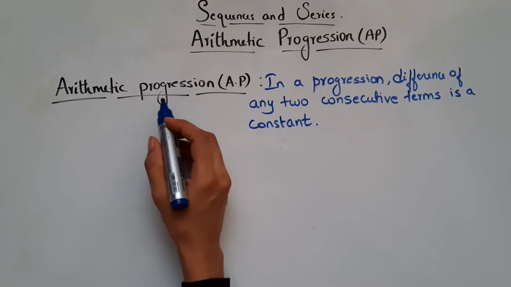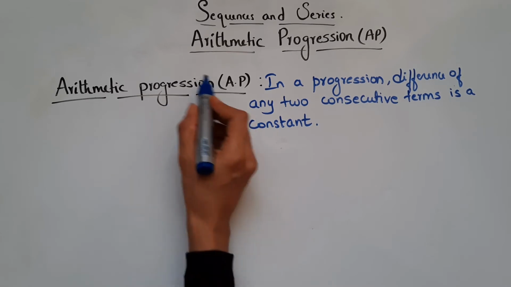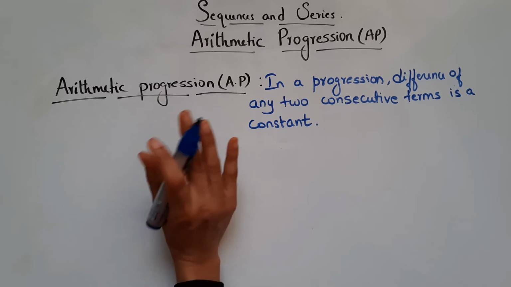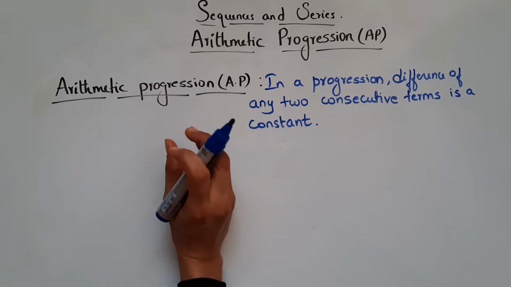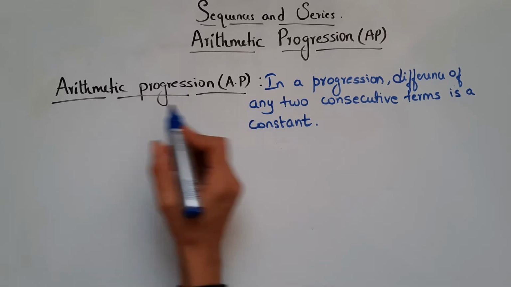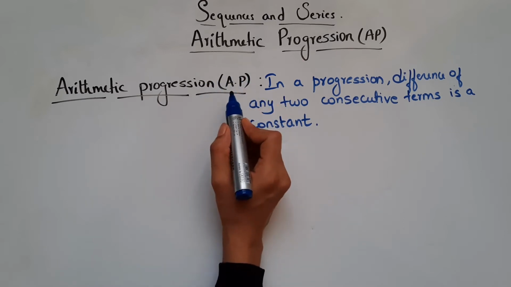We have already studied what is arithmetic progression in 10th standard, right? So what is the word progression? We have seen progression is nothing but a sequence which follows a particular pattern. Depending on the type of the pattern, we have different progressions. One of the progressions is arithmetic progression, which is also called AP. Now let's see what is this AP.